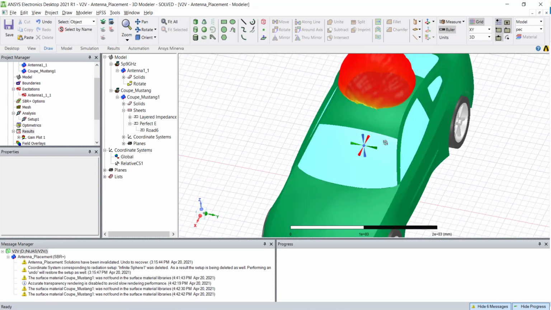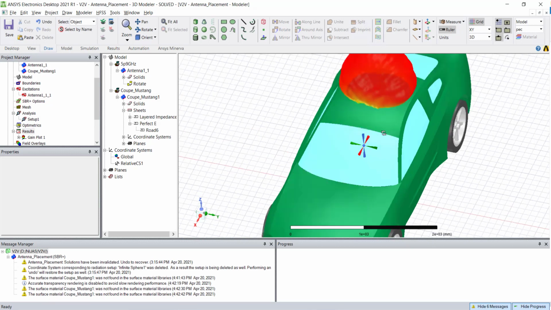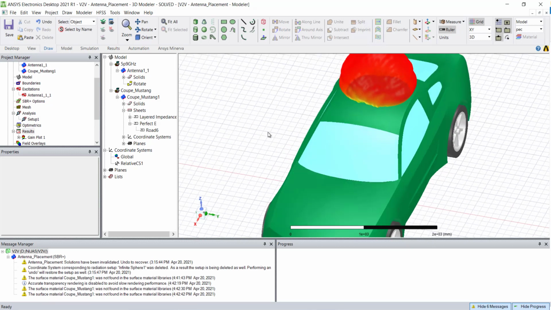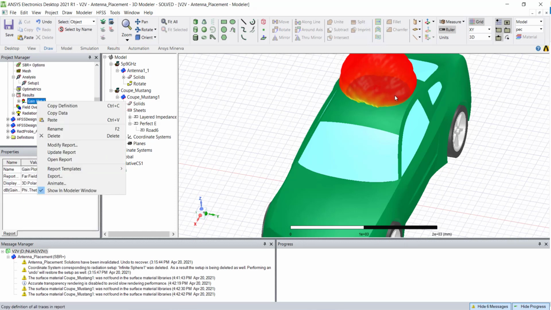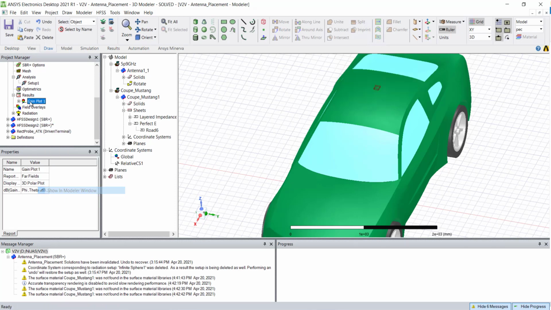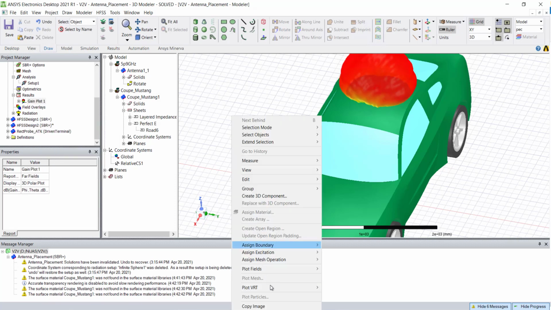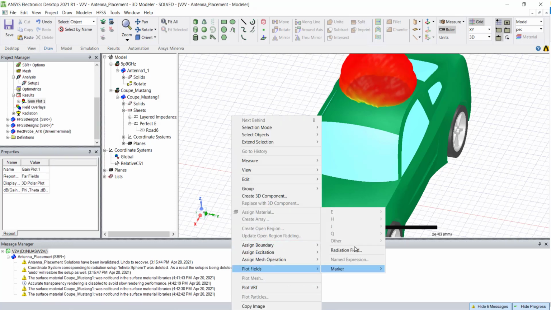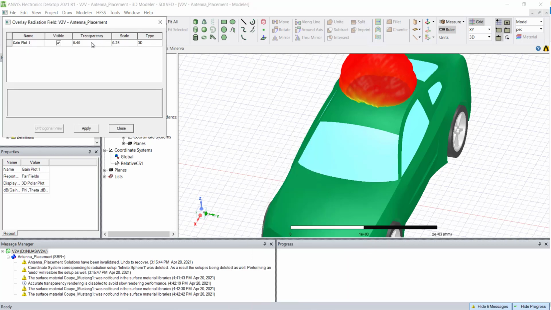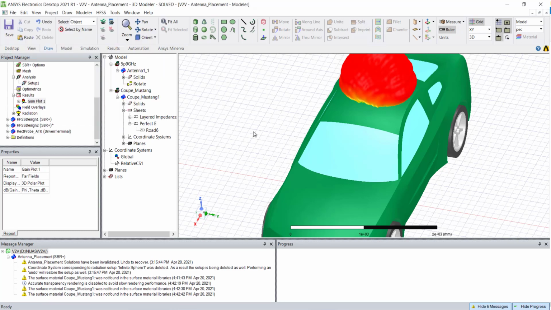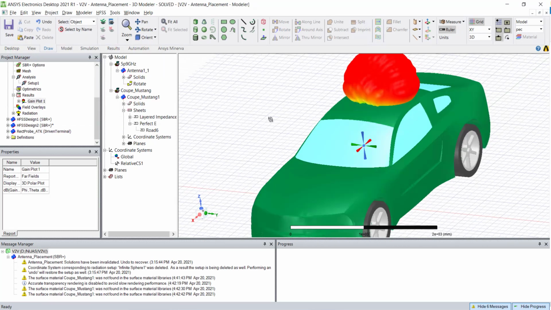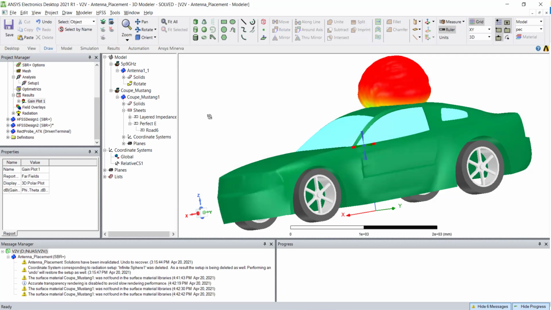And in the second part, we will see how to model bigger scenarios like city models. Enabling and disabling the far field setup can be controlled here. And you can even control the resolution or the transparency of the plot by going into radiation field and saying I don't want to put any transparency, so it will give you a little bit clearer idea how it is going to radiate. So this is the radiation pattern of your antenna.